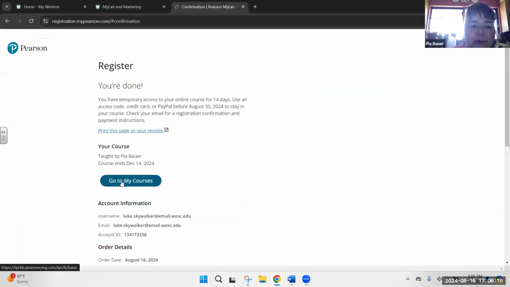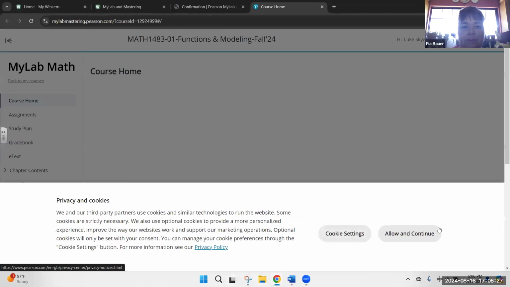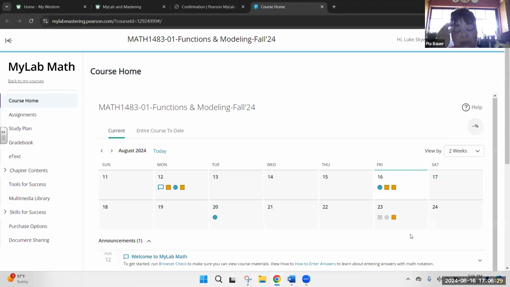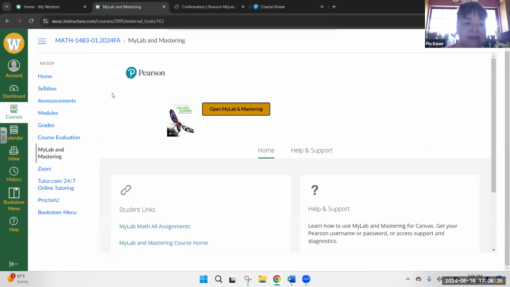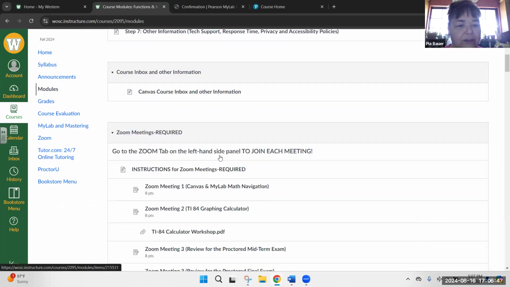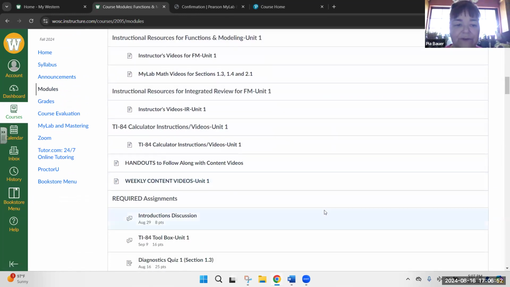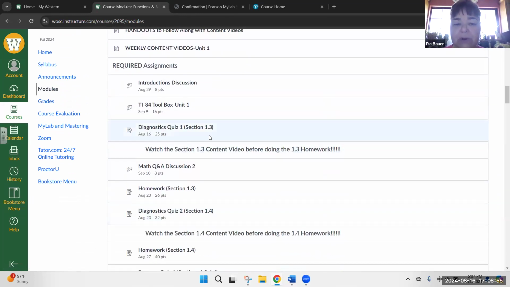Now you're going to go back to your courses. Allow cookies again. This shows you the full MyLab website for your courses. However, if you go back to Canvas and you go through the modules and you follow your assignments per unit here, if you go to your first content module and you see the first set of assignments, now when you click in one of those assignments, that is MyLab,